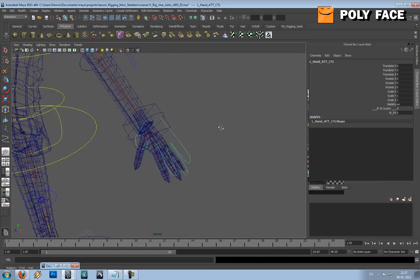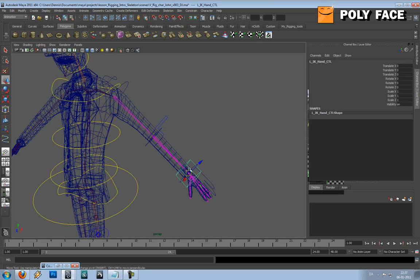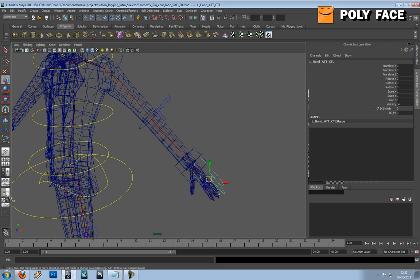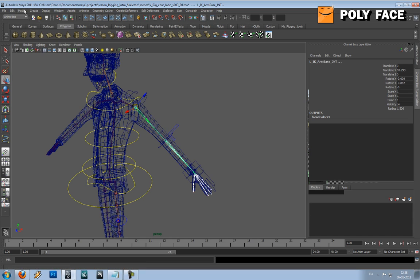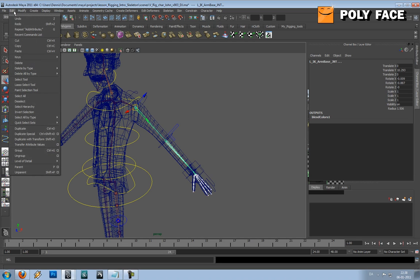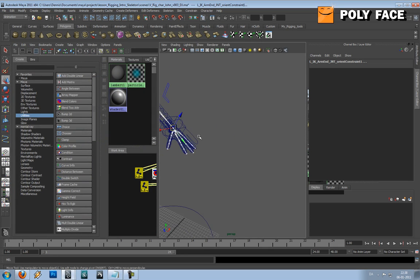Okay. So we want this controller to be connected to the FK-IK blend. And we also want the visibility of these to be controlled by the FK-IK blend or switch. So the thing we're gonna do is we're gonna select all these, and I think we can go to select. Oh, sorry, edit. Select hierarchy, and then go to the hypershade. I'm gonna select this one,